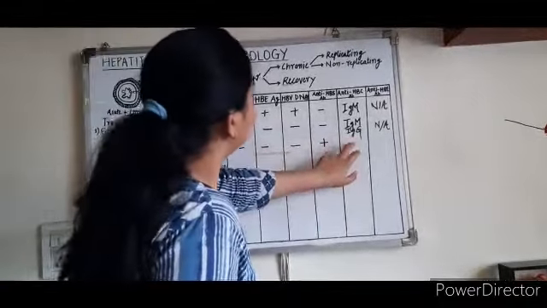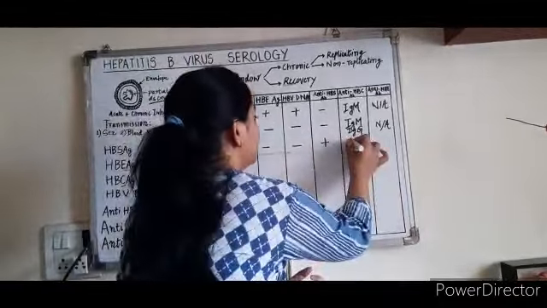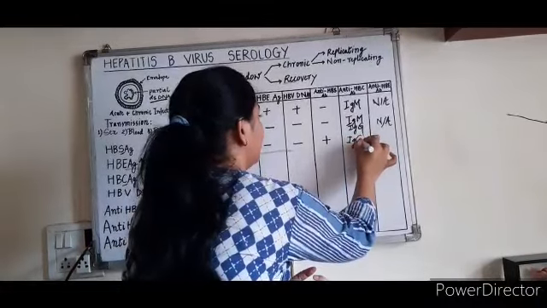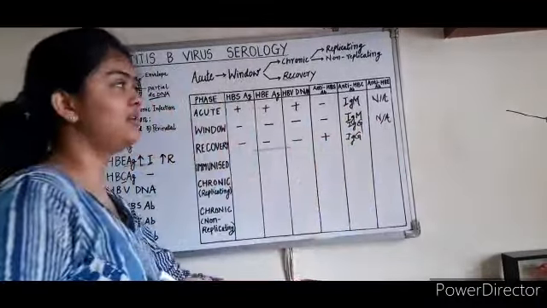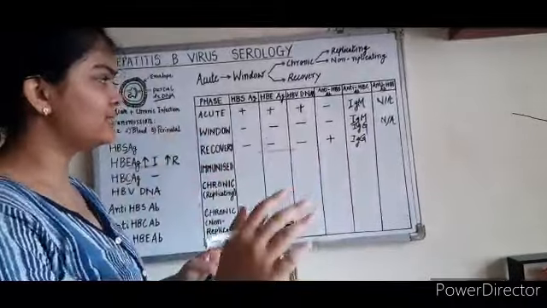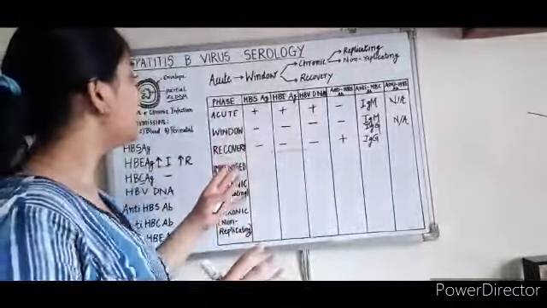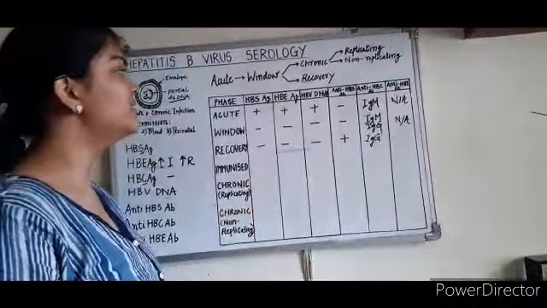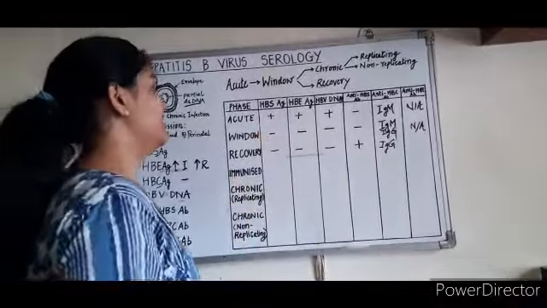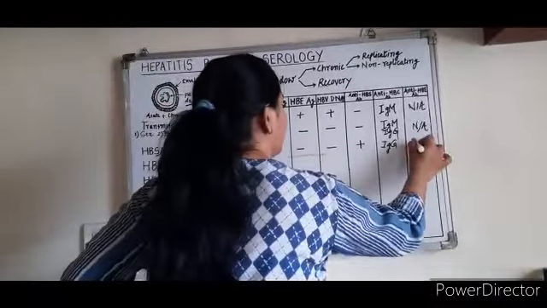Finally, the anti-hepatitis B virus surface antibody has appeared and denotes that you have completely recovered from the infection. And this anti-hepatitis B virus C antibody now stands at the IgG type, which means that it shall persist for decades together and denotes that you have had a past infection of the hepatitis B virus and that you stand immunized. Again, this is not applicable right now.